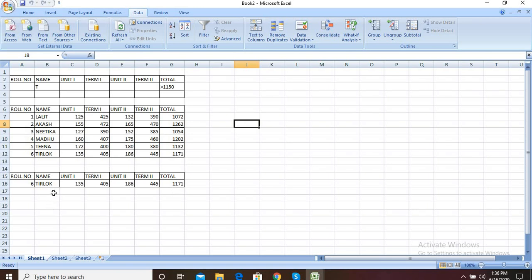In your table, the two names having a letter starting with T are Tina and Trilok. Tina has marks of 1132, which is less than 1150, and Trilok has marks of 1171, which is greater than 1150.